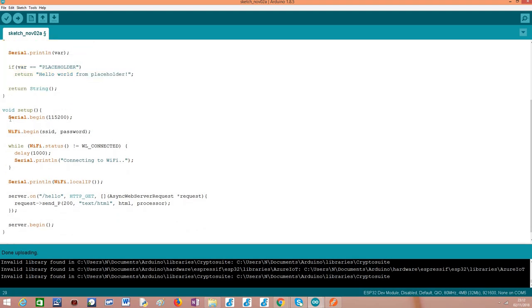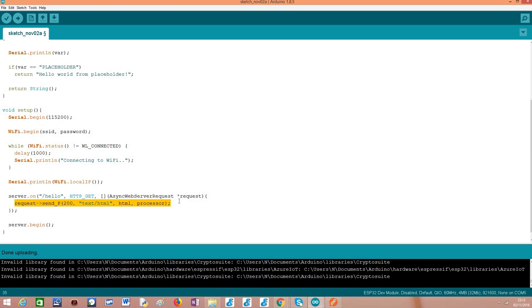So moving on to the setup function, as usual, we open a serial connection, we connect the ESP32 to the Wi-Fi network, and we print a local IP assigned to it so the client will be able to reach this server. After that, we need to configure the routes of our server, and in this case, to keep things simple, we are going to have a single route. We are going to call it hello, and we are going to listen to only HTTP GET requests, and then we are going to define here